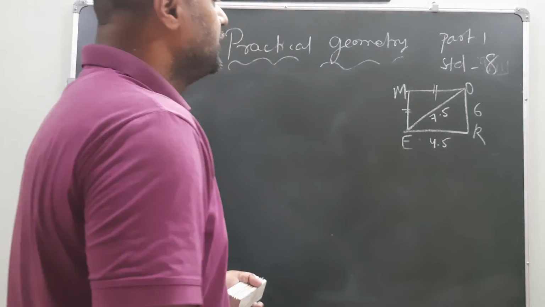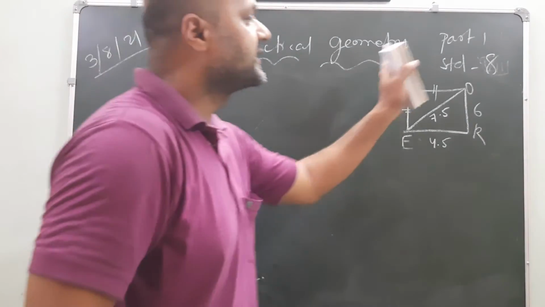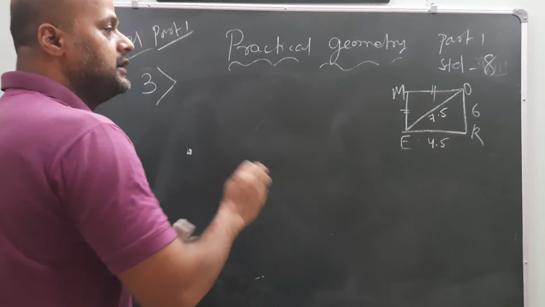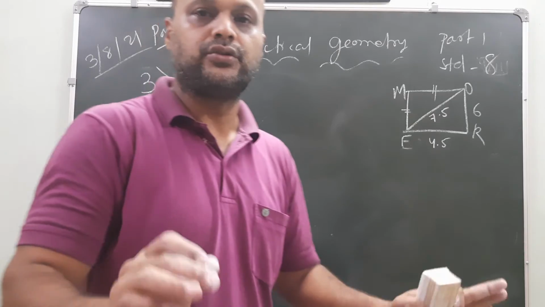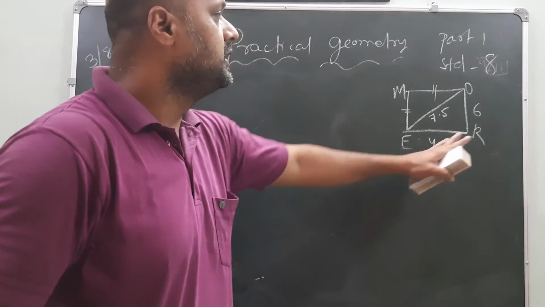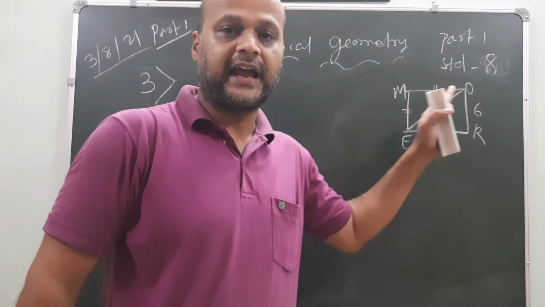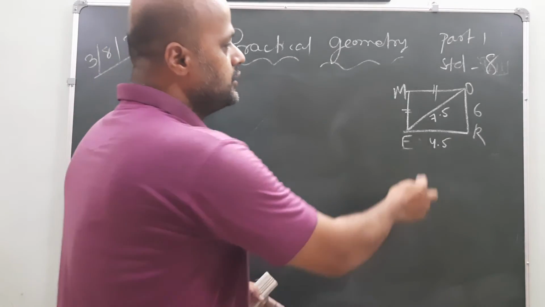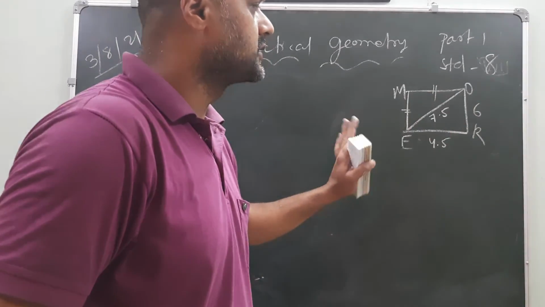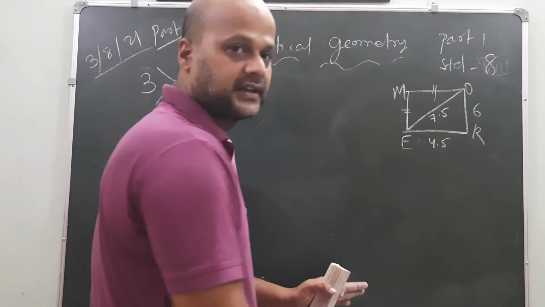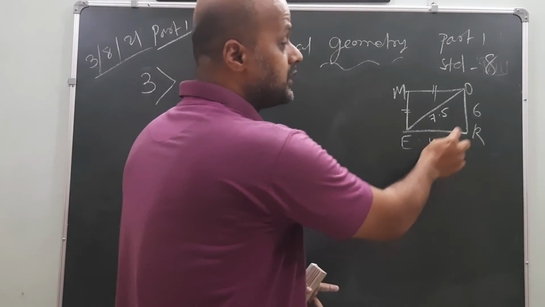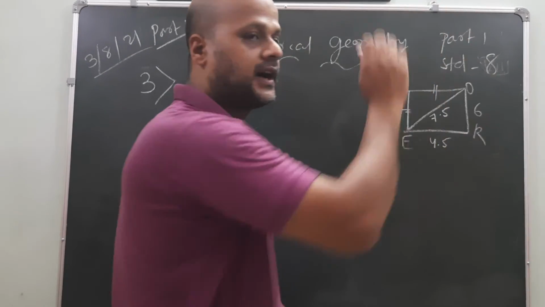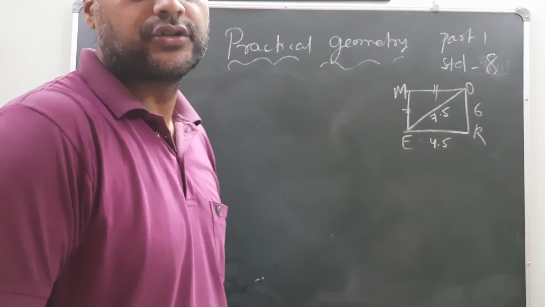Now let's go to our drawing. Now all sides are given. According to the rule, what do you have to do? If the diagonal and all sides are given, take the diagonal first. This question is for you only, my dear friends, because I have already done two of the questions, and this third question is for you. If you have doubt, you can ask me. Same thing: first take the diagonal, then two dimensions are given, so two sides of the parallelogram are given. You have to draw 4.5 and 6 and get the arcs. Same with M. So draw it and show me.